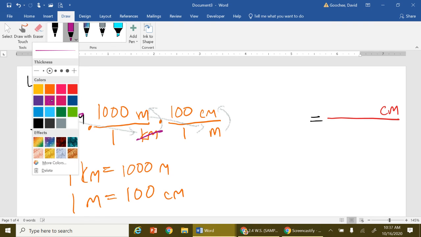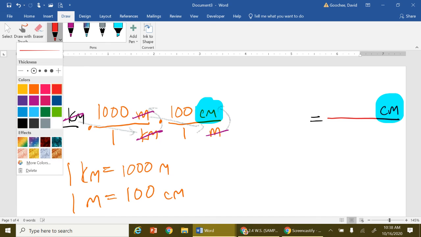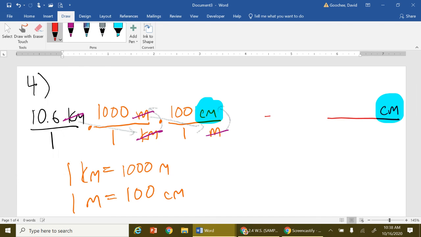And now we've canceled out meters. And we've done it. We wanted to get an answer in centimeters, and there we have it, all right? Our answer needed to be in centimeters, and we got there. So now we are ready to do some multiplication. All right, on the top, 10.6 times 1,000 times 100. 10.6 times 1,000 times 100. I get